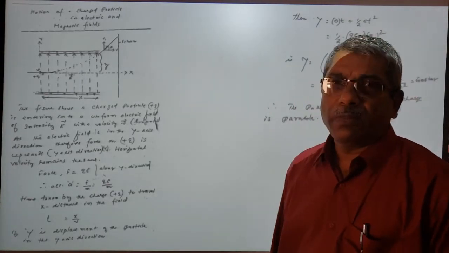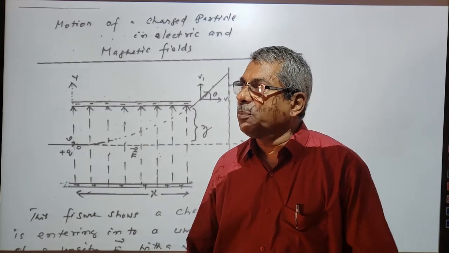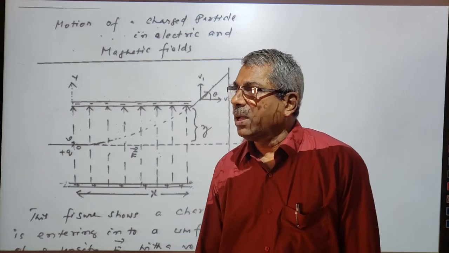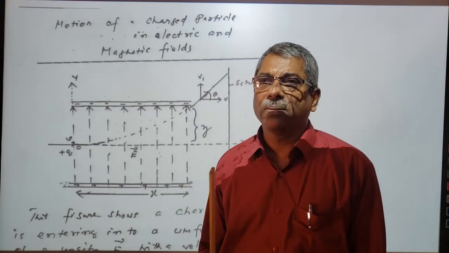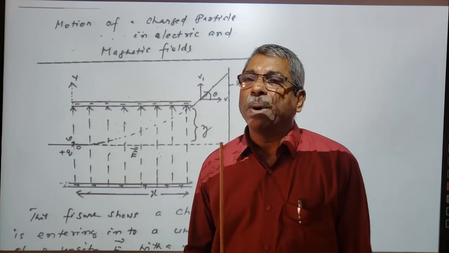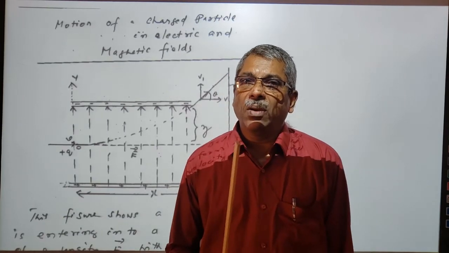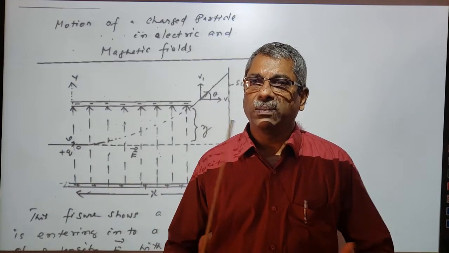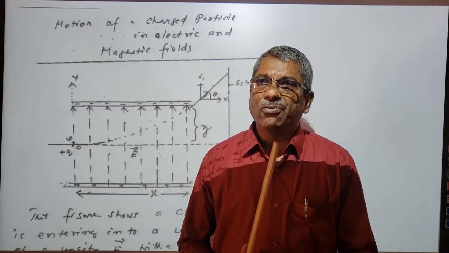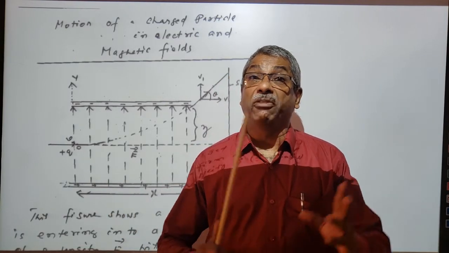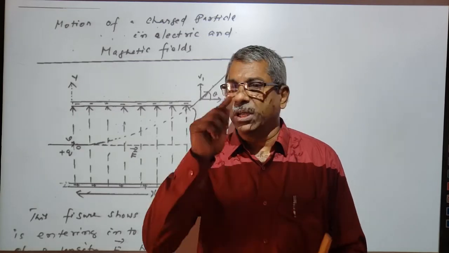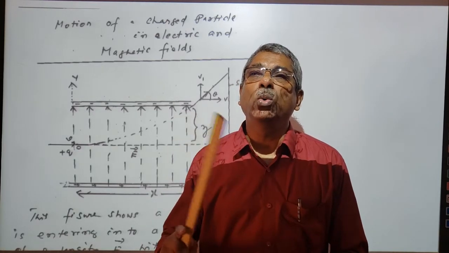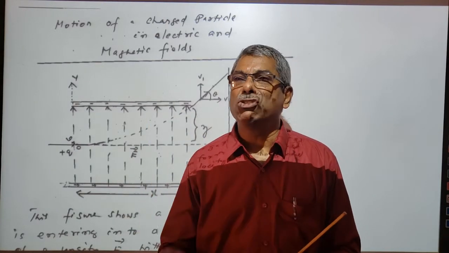Now we are going to tell you how a charged particle behaves in the magnetic field and electric field. I have said many times that a charged particle will be acted on by a force both in the electric field and magnetic field. Already said: the force acting on a charged particle in an electric field of intensity capital E is given by capital F is equal to QE, charge into intensity.